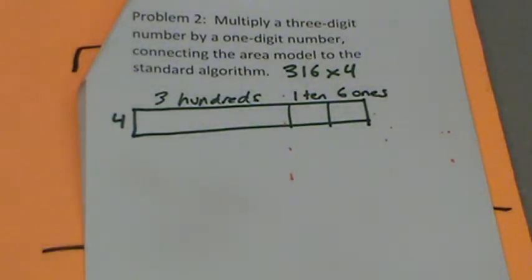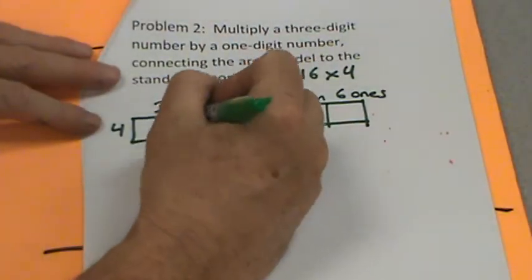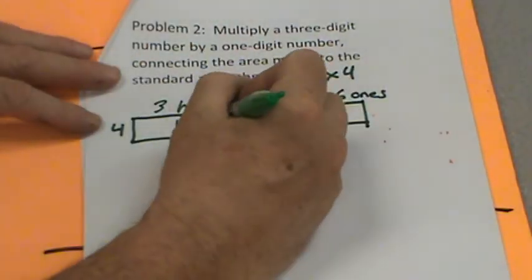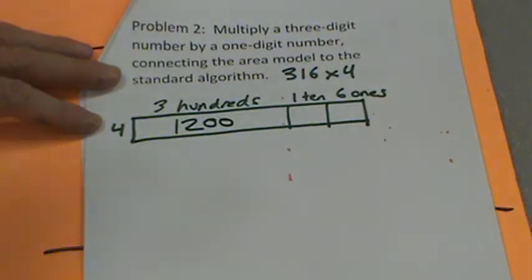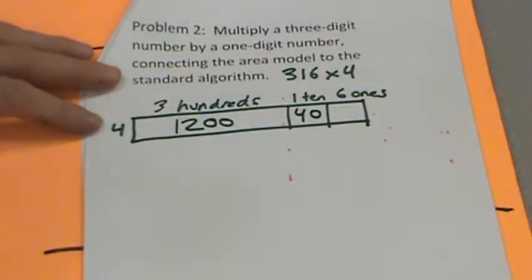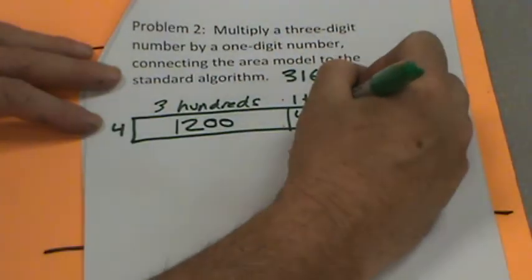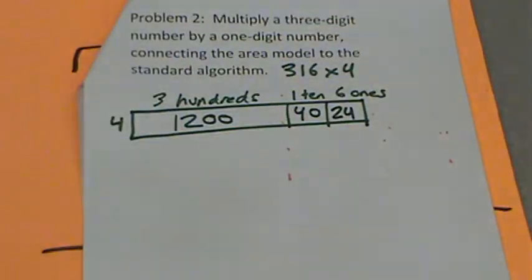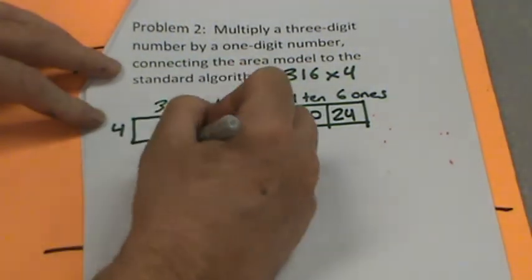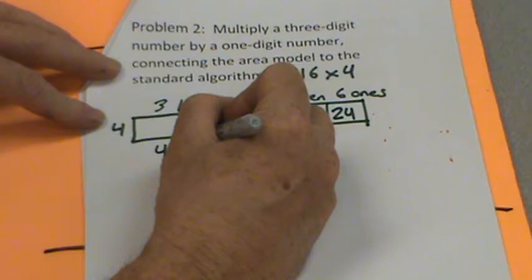So 4 times 3 hundredths is 12 what? Hundredths, yes. 4 times 1 ten. Well, 4 times 1 is 4, but we throw in that 0 to show that it's 40. And then 4 times 6 ones. 4 times 6 is 24. 24 even. All right, so now what we have going on here is 4 times 300